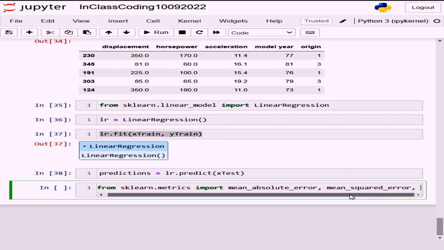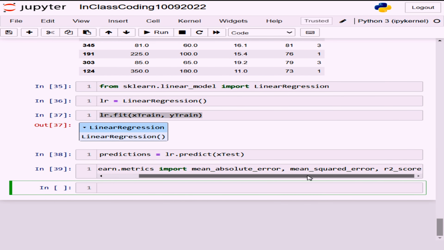R square. So you see, we have R2. When you enter that, it suggests R2 score. So we are bringing these three terms. Just see this: from sklearn.metrics, import these things. Look at this: from sklearn.metrics, import